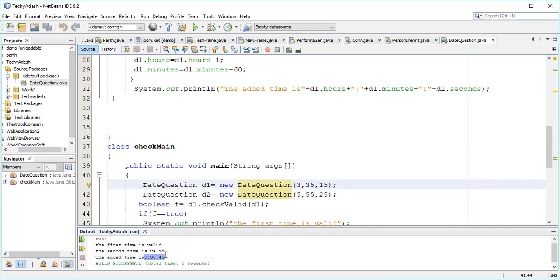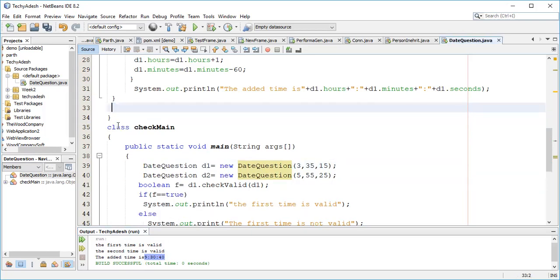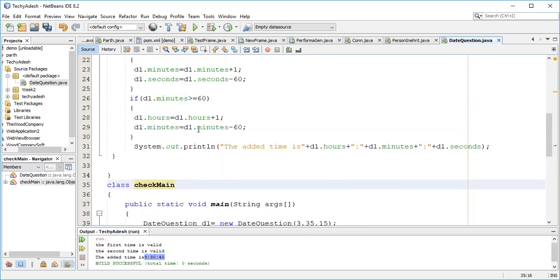So that's all for this program, in which I tried to explain first of all the structure of the program, then how the program is working, right? So I tried my best to explain this question, and I hope this will help for your assignment.